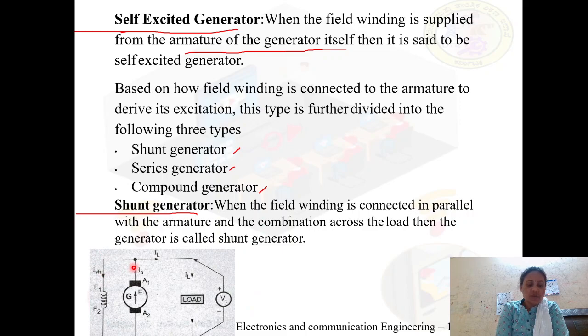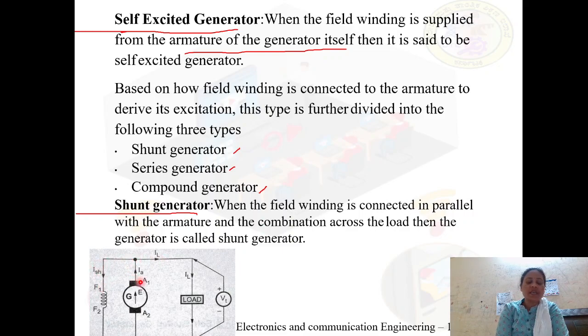So we just observe the direction of the currents here. The armature current is indicated with Ia. Ish is the field current. Here we call it the parallel or shunt current, Ish. SH stands for shunt. Shunt field current. IL is the load current here. So you can observe at this particular node, this Ia gets divided as IL and Ish. I repeat, at this nodal point, Ia gets divided as IL and then Ish.